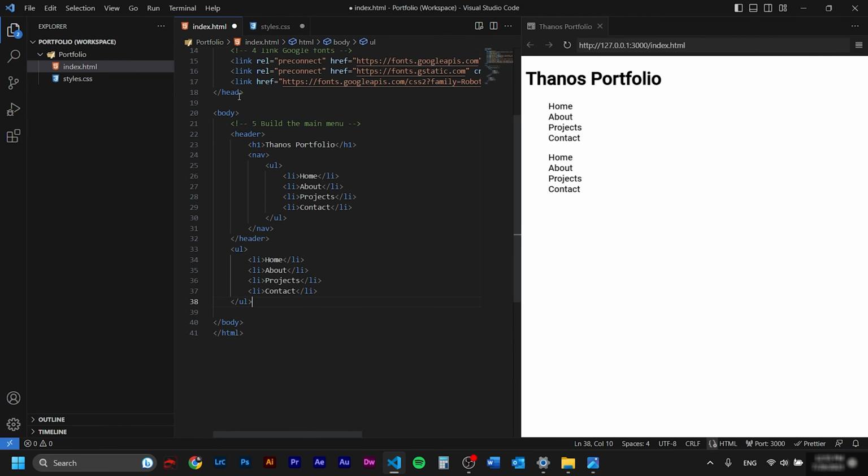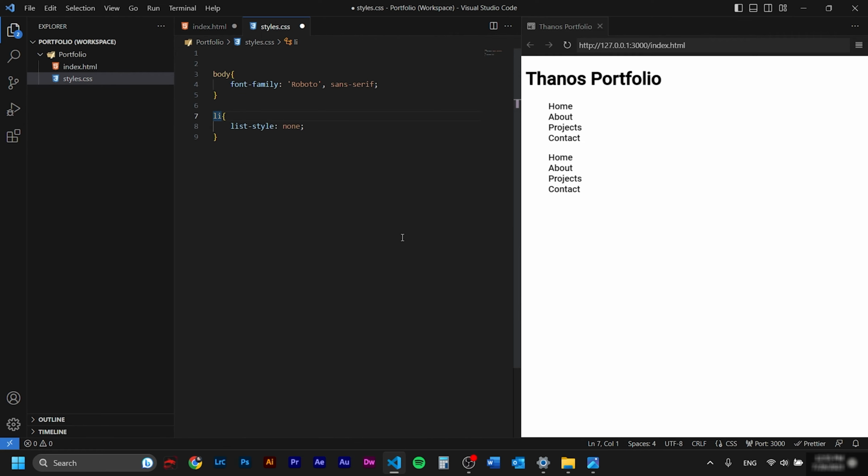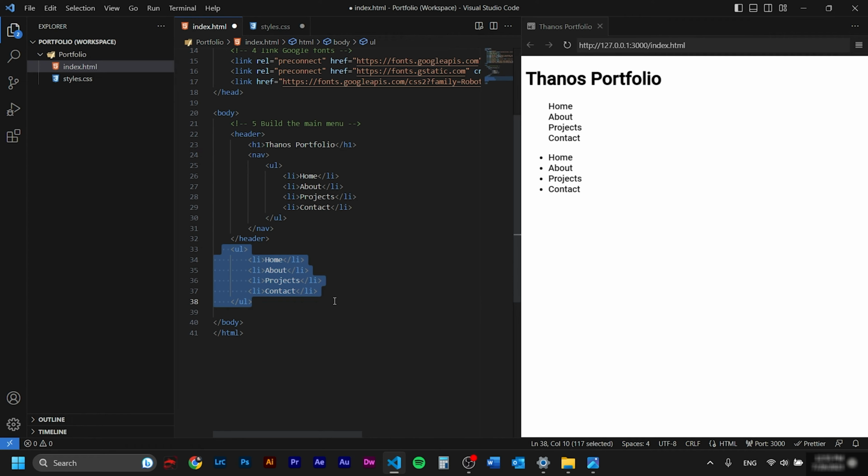So one way to fix it is to tell the code that I want you to clean all the bullets from the list that are inside the navigation bar. It's easy to do that. We just say nav space, and now if you look at the example on the right, it disappears only on the children of the nav bar, and it doesn't affect the rest of our HTML. So let's delete this one now.